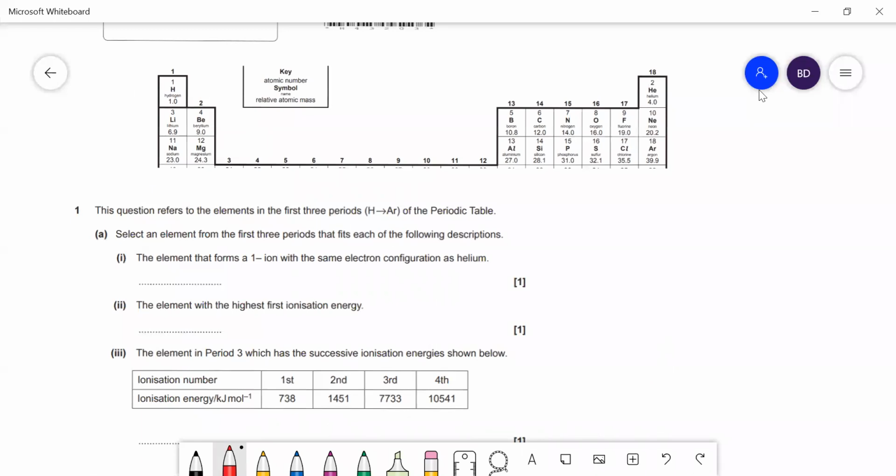Okay, the question refers to the elements in the first 3 periods. So helium to argon in the periodic table, that's what we've got there. Select an element that fits each of the following descriptions. An element that forms a 1- ion with the same electronic configuration as helium. Well, right, 1- is it's going to be